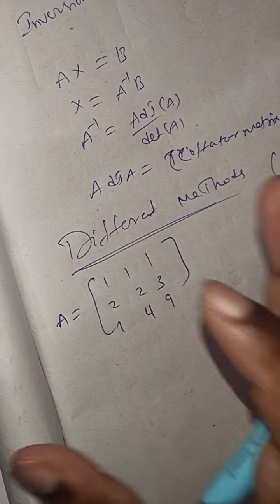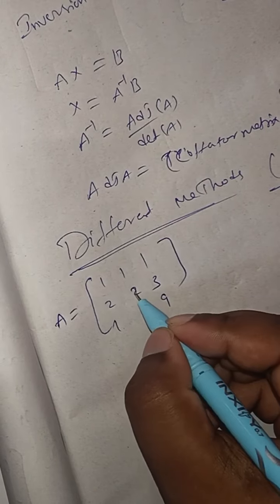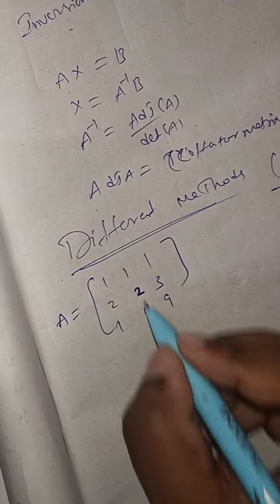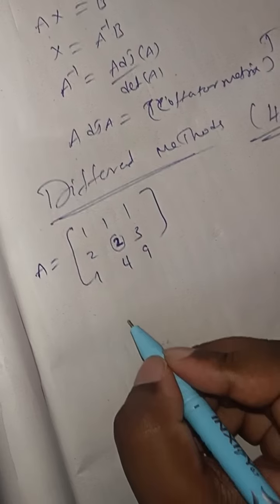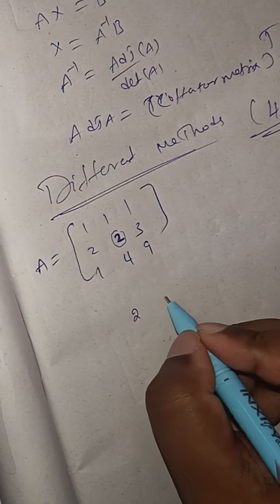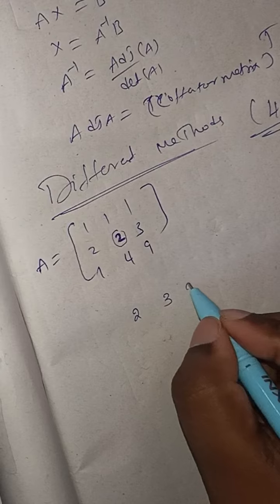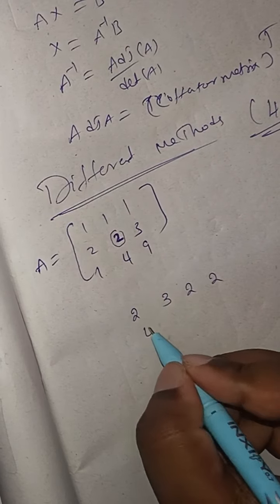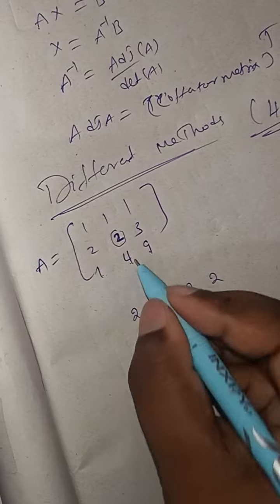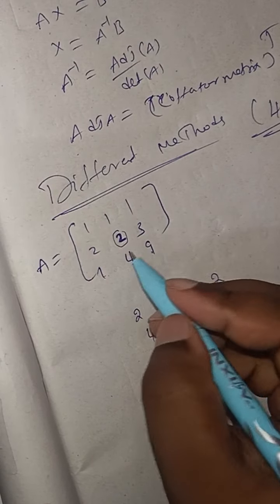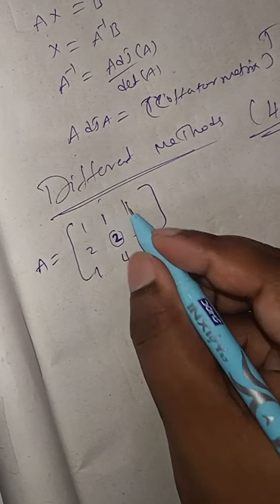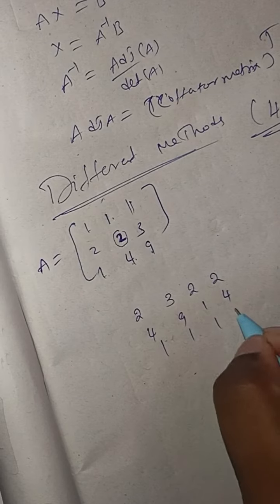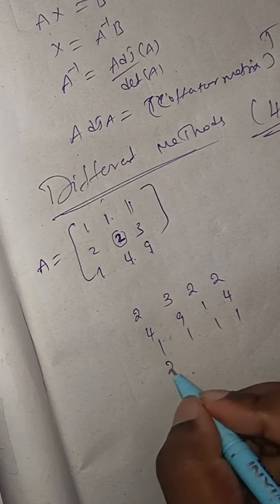Matrix. As I told you in yesterday's video, first you consider the element below the middle element. What is the middle element? 2. So go to the right side, 2 3, again left, again the starting element. So again below 4 9 1 4, upwards 1 1 1 1 1 1 1 1, again the middle one 2